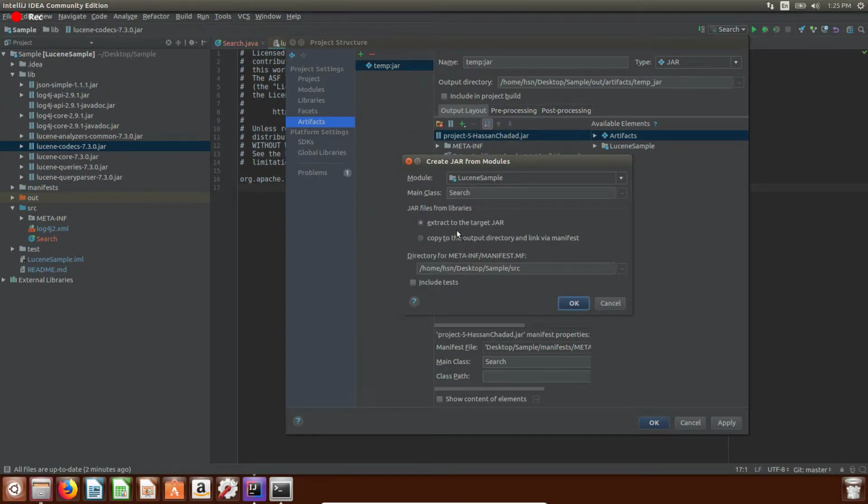and so the first option, which is extract to the target jar, means that it's gonna compress everything, including the library, inside only one jar file. But the second option, which is the solution, is gonna compress everything in the source, but it's gonna keep the jar files alone without compressing them or merging them in one jar file. So when doing this part,